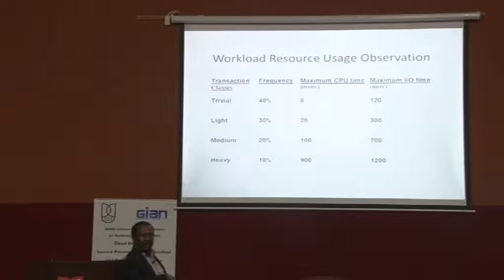They are the majority of the workload, and they use maximum 8 milliseconds of the CPU most of the time, sometimes lower, and input output is about 120 milliseconds. Light ones are 30, but most of the time maximum 20 milliseconds and so forth. Heavy ones will take about 900 milliseconds to